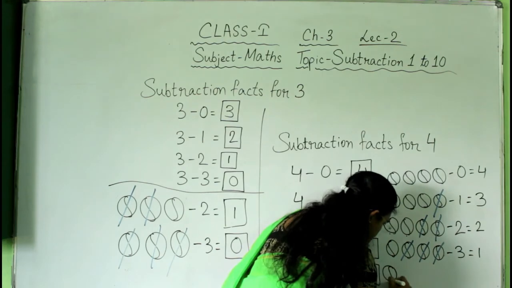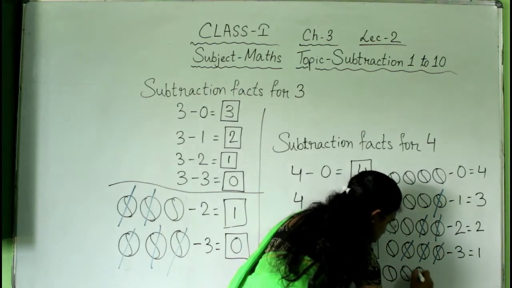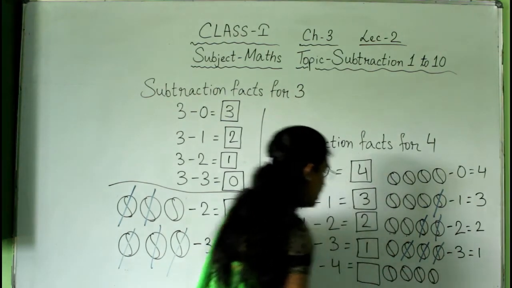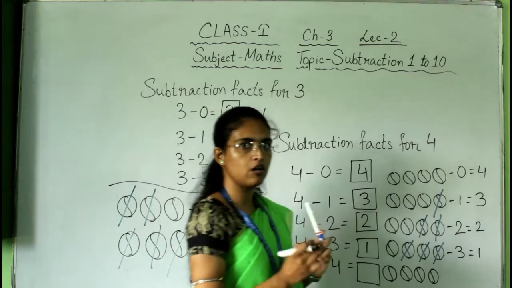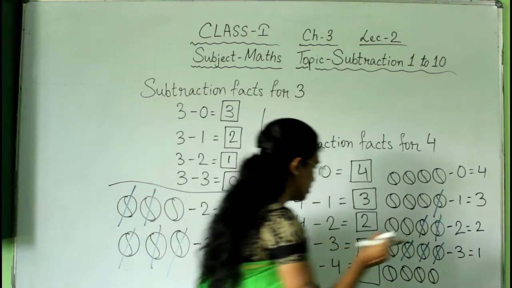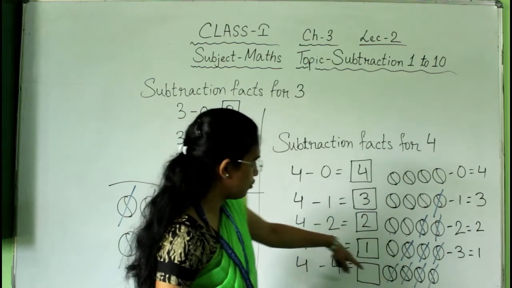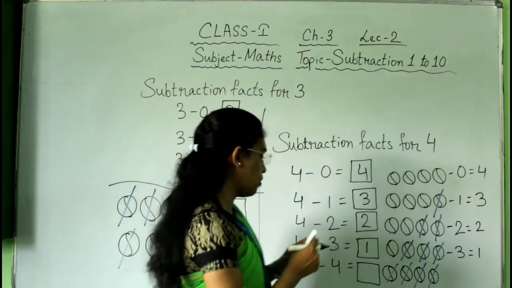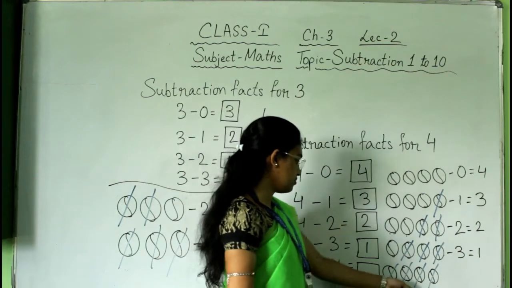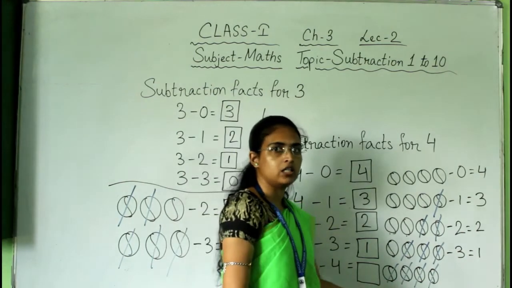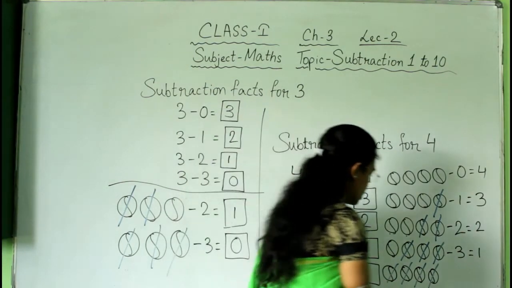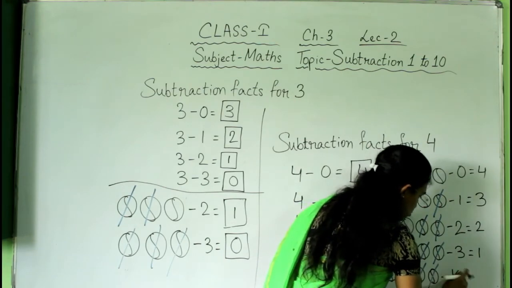You have 4 balls. 1, 2, 3, 4, and you have given all the 4 balls to your brother. 1, 2, 3, 4. You have given all the 4 balls to your brother. So how many balls do you have now? Is there any ball? No. That means 4 minus 4 equals